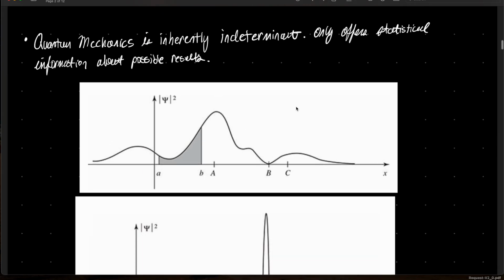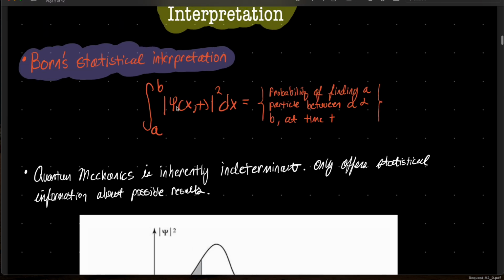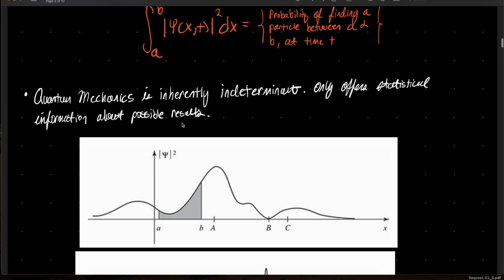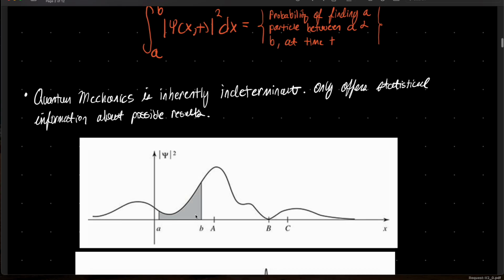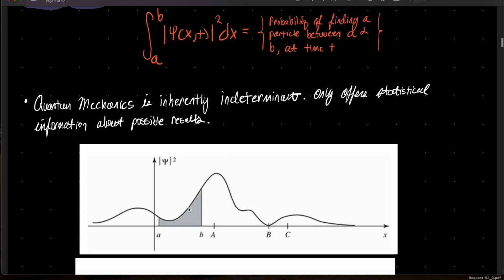So what we got right here in this first graph from the textbook is the absolute value of the wave function squared as a function of x. So we get obviously an oscillatory nature here. And if we're looking at the amplitude at a here, the particle is most likely going to be found at a. But going back up to our integral from a to b, that is what we are integrating over. So once we solve this, whatever percentage we get, that's the percentage of the particle being between a and b.